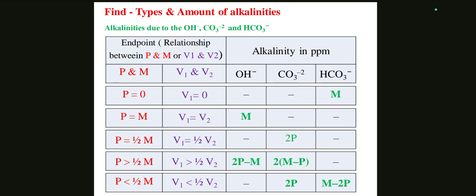So the relationships are: P is equal to 0, P is equal to m, P is equal to 1/2 m, P greater than 1/2 m, P less than 1/2 m. In front of that you have to make 3 columns: OH minus, CO3 2 minus, HCO3 minus. These are the 3 types of alkalinities. A dash indicates absent, and if some formula is there, it means that alkalinity is present. So once you know the sequence of relationships, that is P equal to 0, P equal to m, P equal to 1/2 m, P greater than 1/2 m, P less than 1/2 m, then in front of that make 3 columns and write